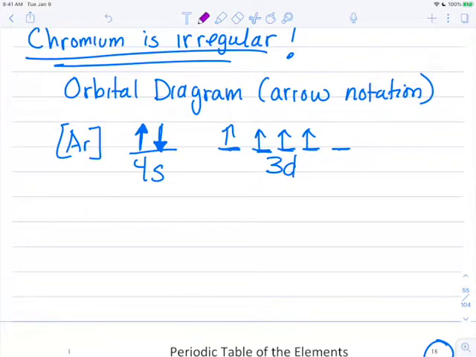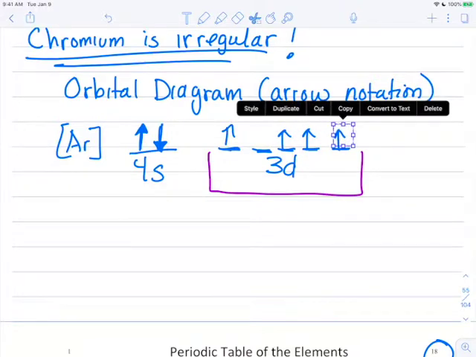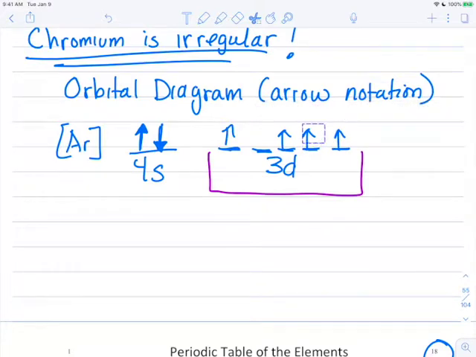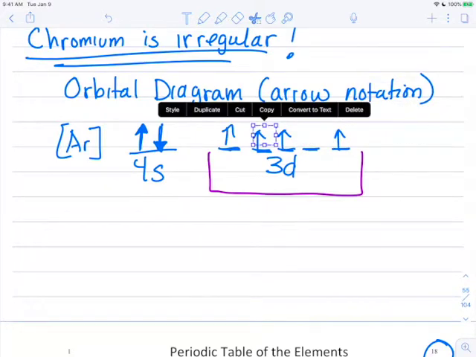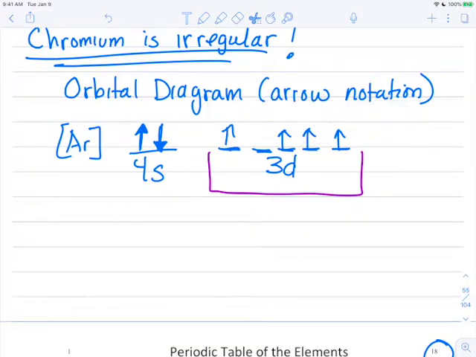All right, so if this was true for chromium, and I mentioned that these orbitals right here, they're all equal in energy. There is no reason that one electron needs to be, say, right here, and it can't be over here. And likewise, there's no reason this electron needs to be here instead of over there. That's all equal energy. It's not energetically favorable for an electron to be in one orbital over the other as long as they're equal in energy. Well, that actually causes a problem for the element because they do not pick an orbital and stay there. Now they start jumping around